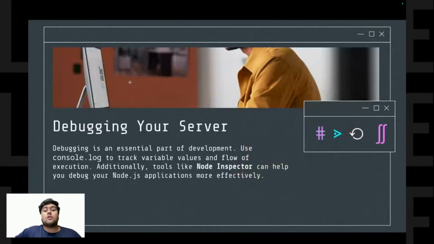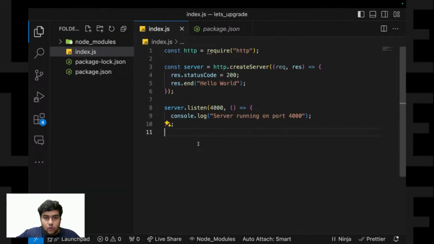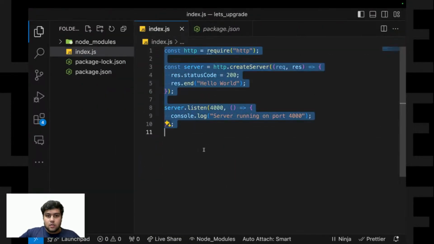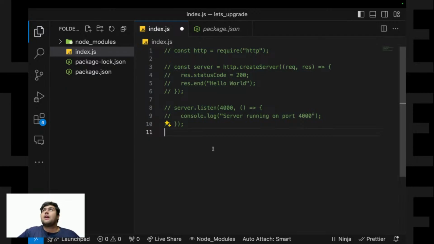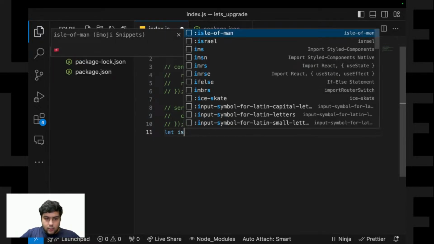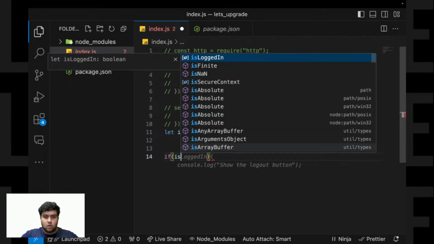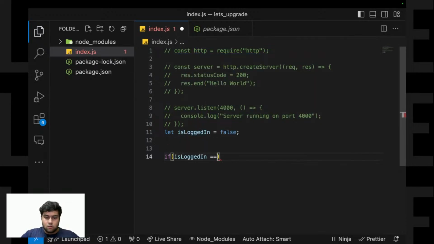Now let's say you have a problem. Let's say you want to debug your application. So can we debug it? Let's say I write let isLoggedIn equals false. I'm just keeping a variable isLoggedIn as false. I want, if isLoggedIn equals true, console log